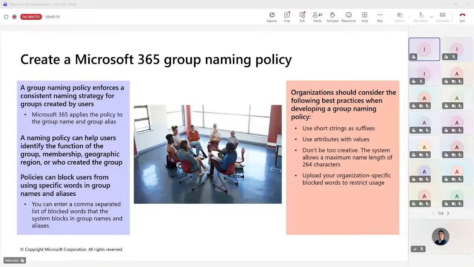So Microsoft 365 will apply the policy to the group name and the group alias, but that naming policy can make it easier for people to identify its purpose, where it's supposed to be used, the function of the group, membership, geographic region, who created the group, and then policies can block words too, right? From using specific words in a group name. So you can actually add in a comma-separated list of blocked words if you wanted to, so that that word